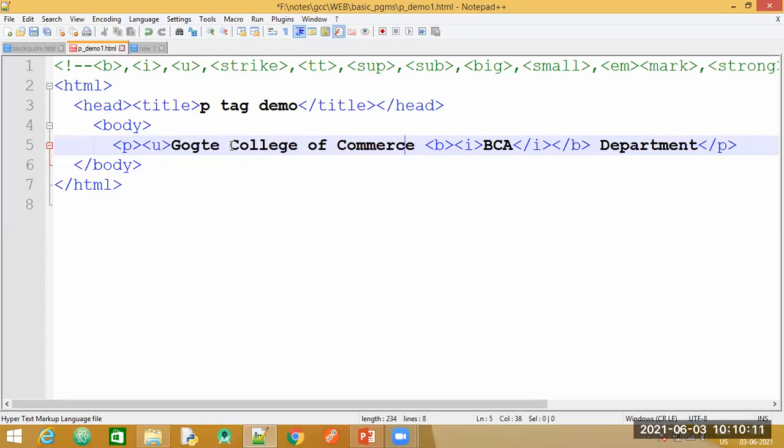We will apply it for this entire Gupte College of Commerce. We'll underline it. Then, okay, let us first have a look how the output is. Let us save this.